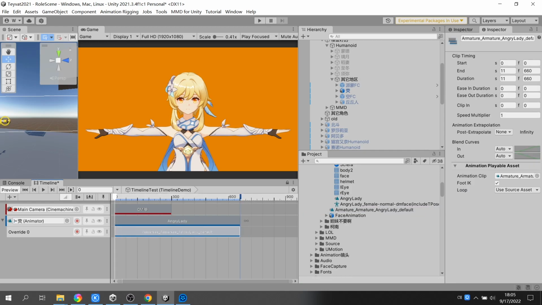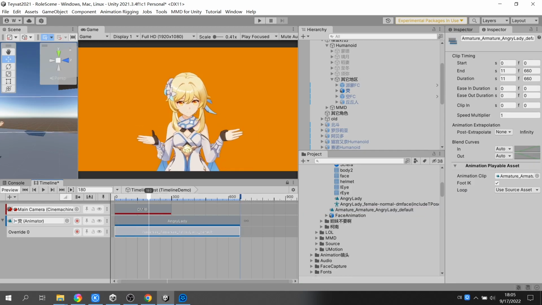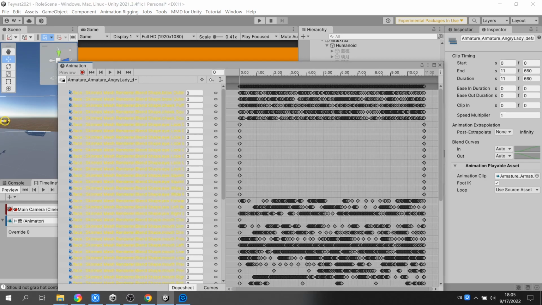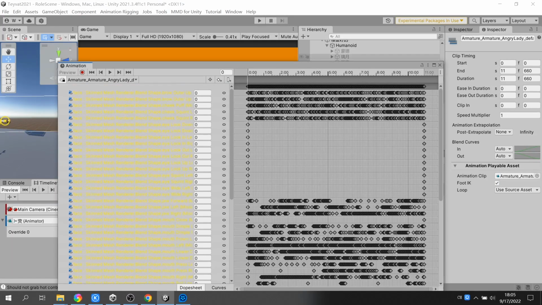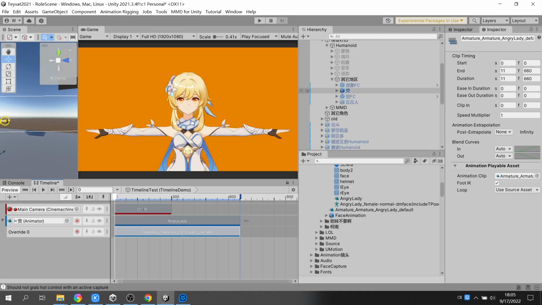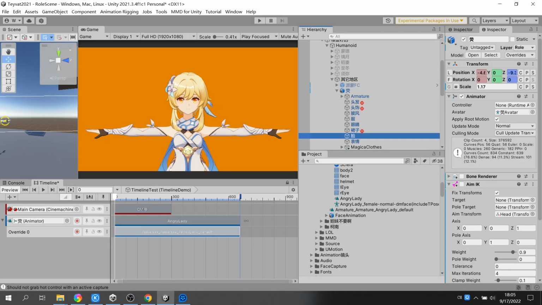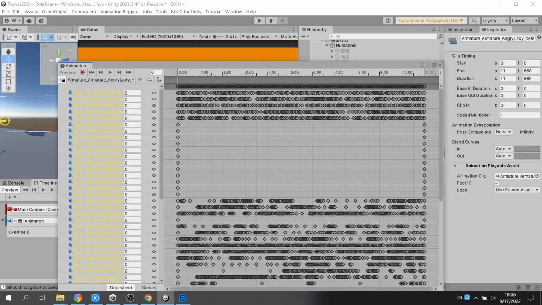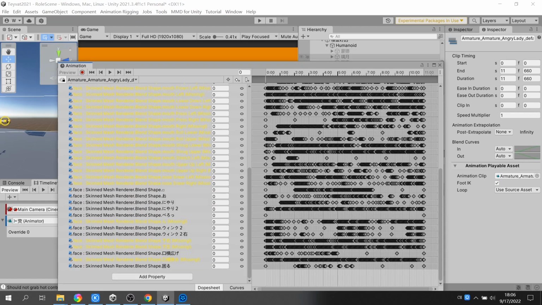There is still no face animation. Double-click it. You can see the yellow names. We need to make the name of the model's face mesh correspond to the name recorded in the animation clip. You can also change the name recorded in the animation clip to match your models before exporting from Blender. Then we can find out that some values turn into black, which will take effect.